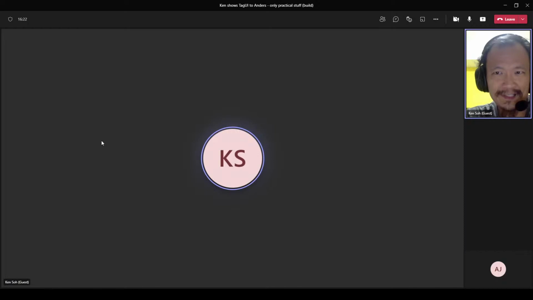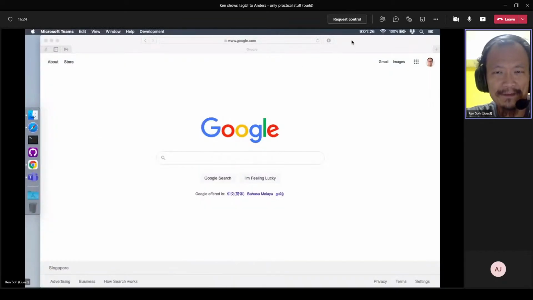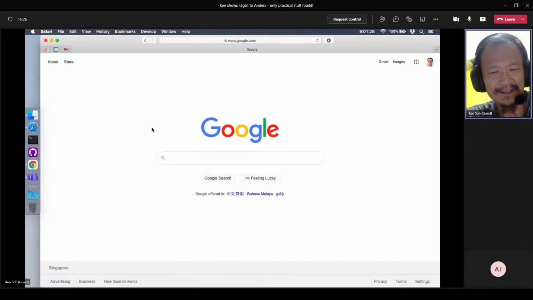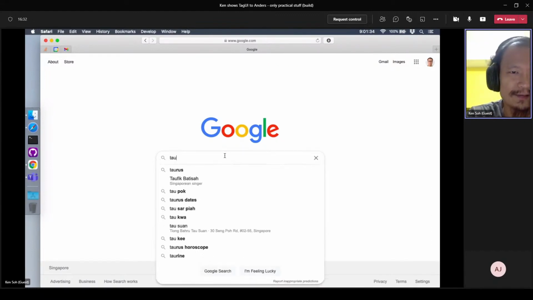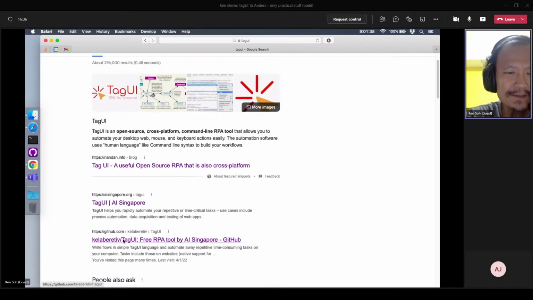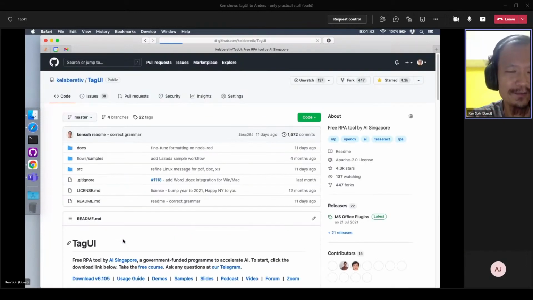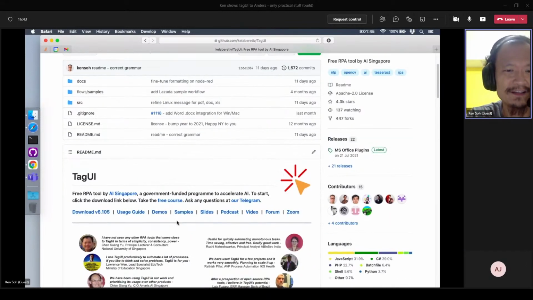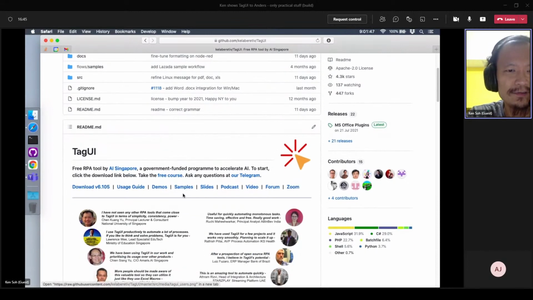All right. So in a short few minutes, I hope I can cover what TagUI is, so you guys have some context to clarify and ask more questions. So just Google TagUI. You go to the GitHub page, and from there you get all the information on what the tool is about and how to use it and the different flavors that you can use it for. So over here,